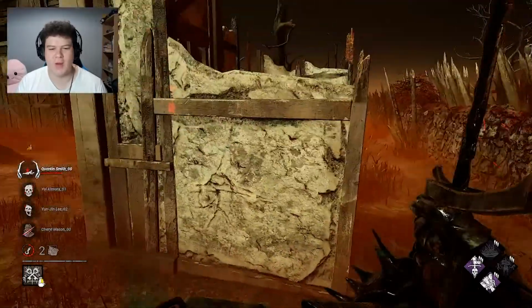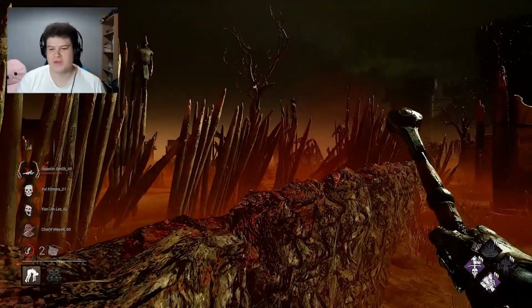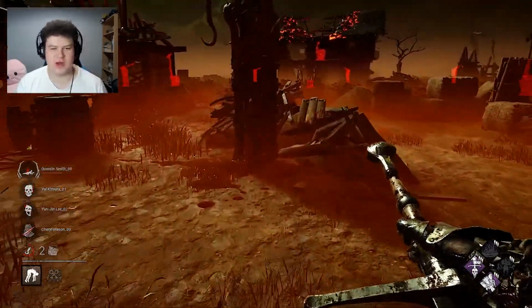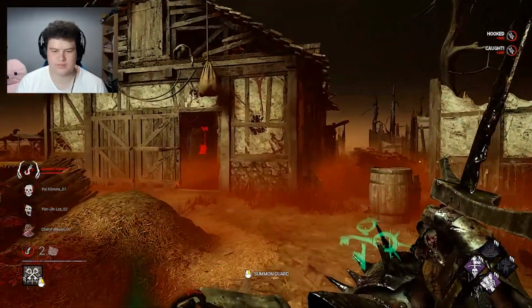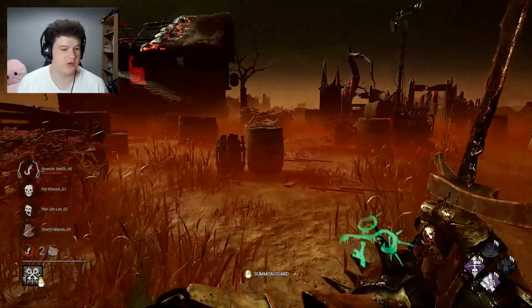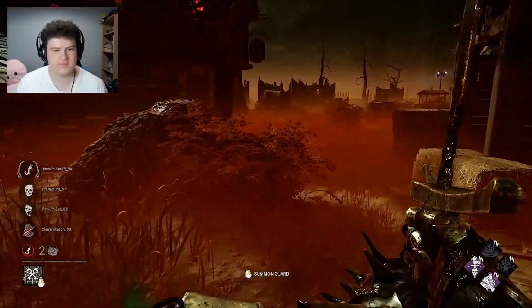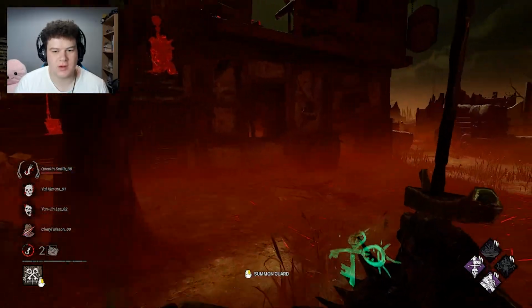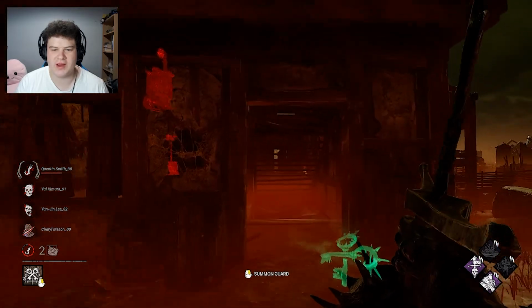I'll admit, I'm a big fan. I do like that. So I think it also shows killer instinct when a guard downs somebody, just so that you as the killer know what's going on. Okay. Wait, hang on. I was about to say, I could probably...